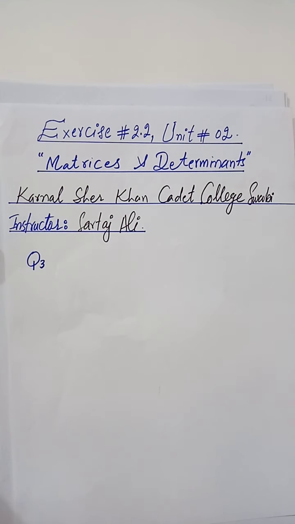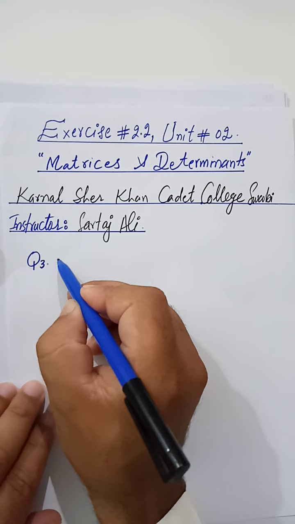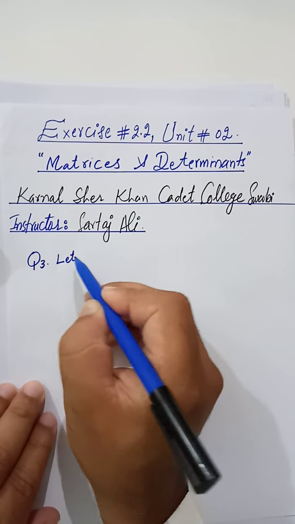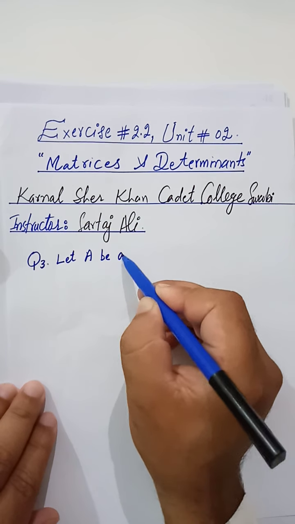The title of Unit number 2 is Matrices and Determinant. In this video lecture, we will discuss some questions of exercise 2.2. Question number 3. The statement of question number 3 is, let A be a square matrix